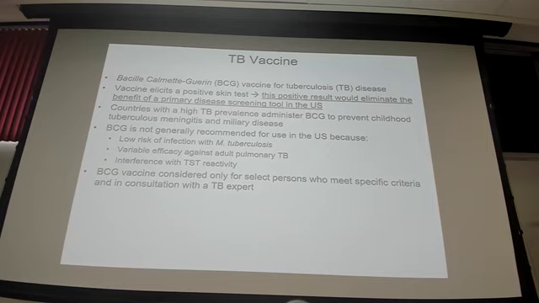One is we're low risk, we have that incidence rate on average of like 2.5, low incidence rate. And two, we lose the screening capability of doing a skin test because it's going to be positive, more than likely. You'll get a positive skin test if you've been vaccinated with this live bacteria vaccine, which is Mycobacterium bovis that you're injecting into somebody. So you get that nice T cell response, that's how you get protection, but you're going to probably be positive on your TSTs from that point on. And that's why we don't vaccinate in this country.